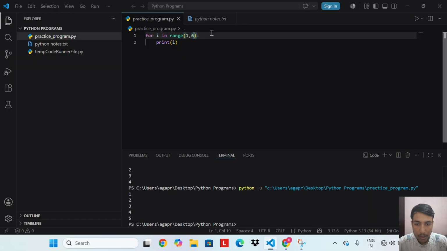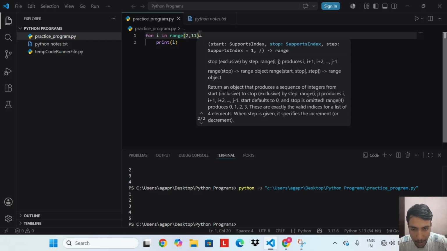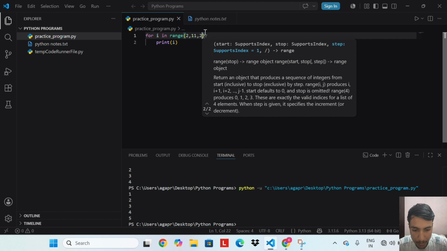Let's do another example. If I write range(2, 11, 2) and if I run this, then I get 2, 4, 6, 8, 10. When we give range three values, the third value is the step.